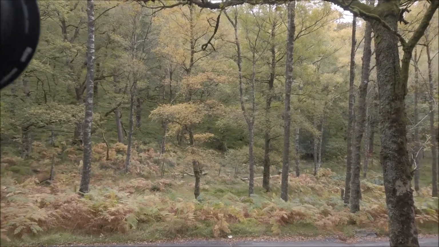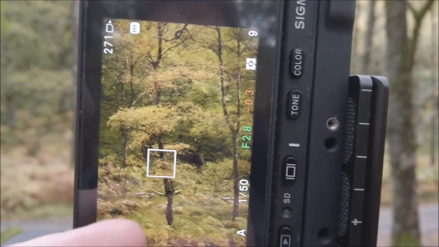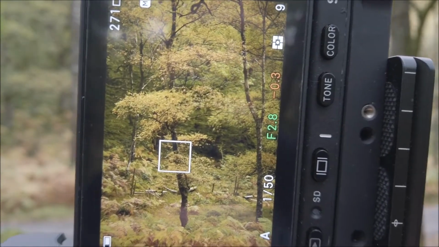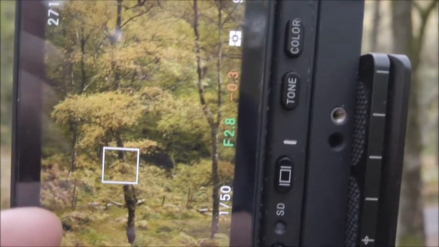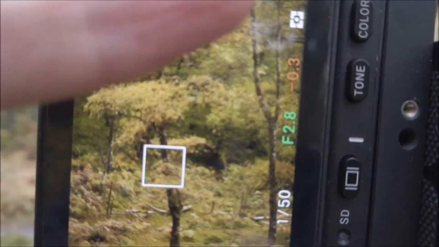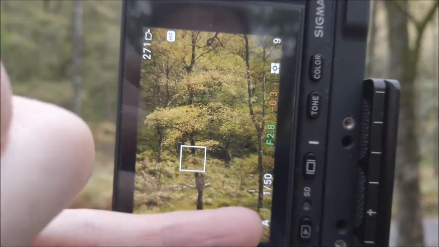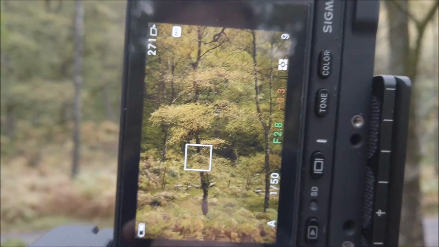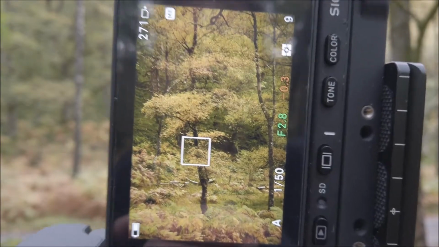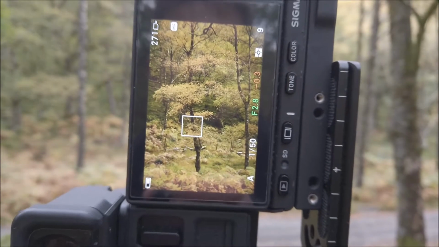So if I show you very quickly on the back of my camera, there we are. That's my scene, the tree coming up through the middle of the frame. There's another tree here that partners it. And there's another spindly tree there, and it sort of meanders through the frame, and this one supports it and encourages the eye to actually come back into the frame. That tree on its own just summarizes my little ambling walk through this wood.